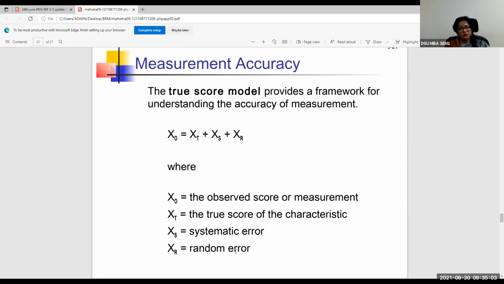But when you go and measure the weight of a person on the moon, what is going to be the weight? Is it going to be the same as that on Earth? Is there going to be some kind of systematic effect which will affect the measurement? What is the characteristic on Earth? There's a gravitational force. On the moon, do you have gravitational force impacting? Will that affect the weight? So similar things are there.